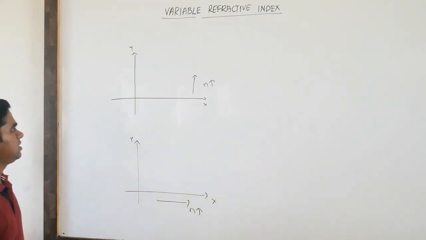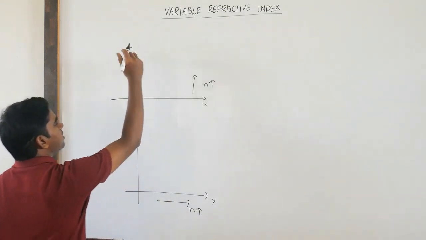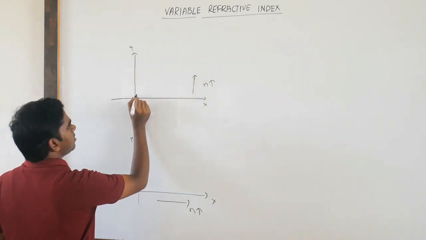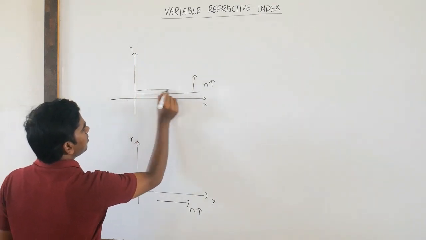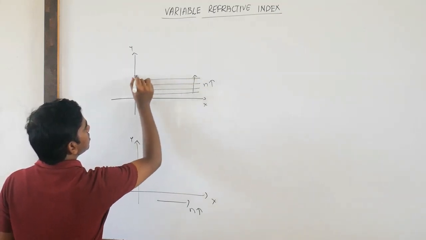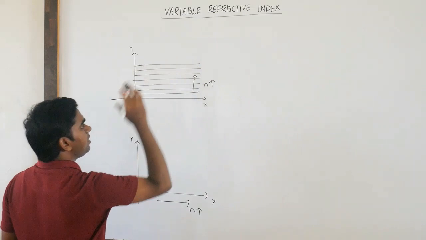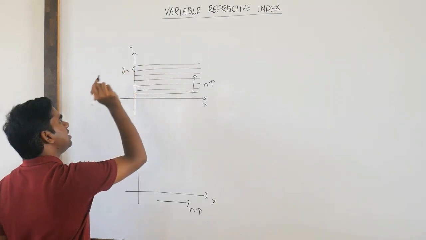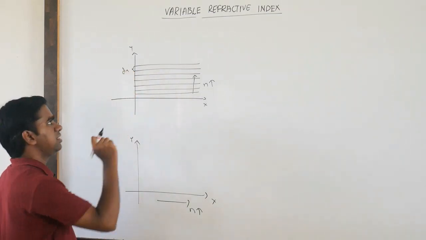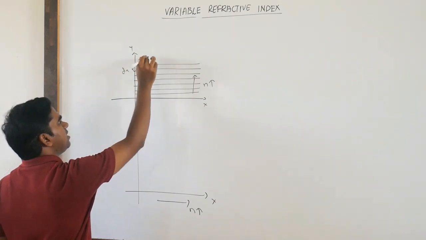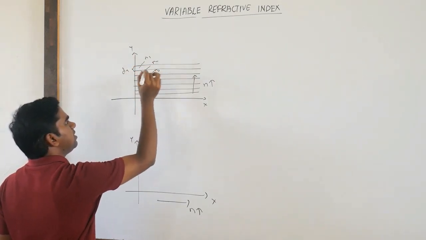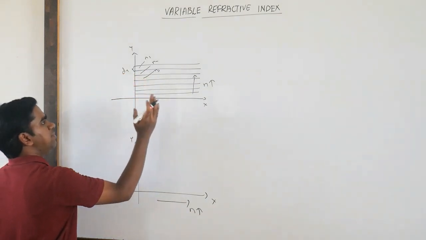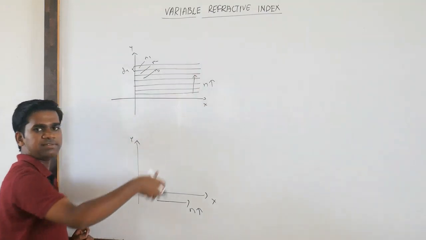Okay. So if this is the situation, how can we do it? If the refractive index is changing, we can take small strips. If it is changing along the y-axis, we take strips parallel to the x-axis. It is changing continuously, so I am taking very small strips of length dy. For a very small length dy, the refractive index may be constant. Here it may be n2, here it may be n3. So the refractive index is changing continuously, and when a ray of light enters, it will go through refraction with all the refractive indices.